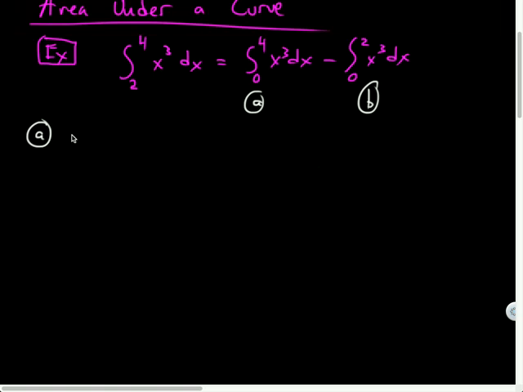Here we go. For part A, let's label some of our variables. A in part A is 0, b is 4, f of x is x cubed. We can find delta x will be 4 minus 0 over n, or 4 over n. X sub i is going to be a, which fortunately is 0,